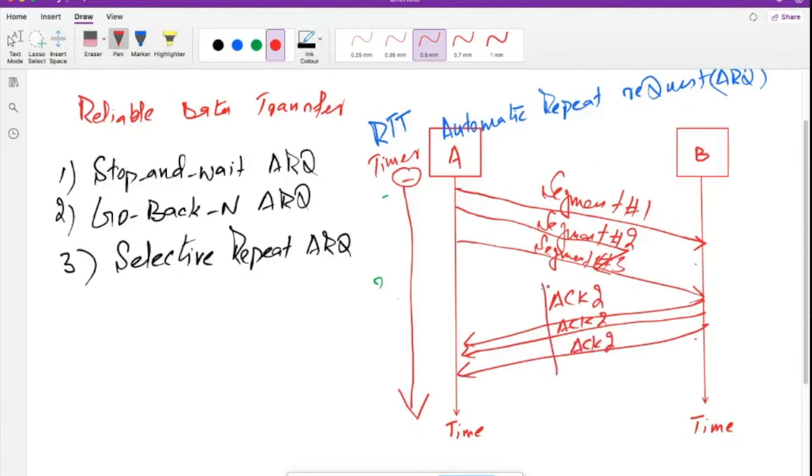So upon receiving 3 duplicate acknowledgements, the sender A will not wait for the expiry of the timer. Upon receiving 3 duplicate acknowledgements, the sender will immediately resend segment number 2, the lost segment. So this is called fast retransmit,